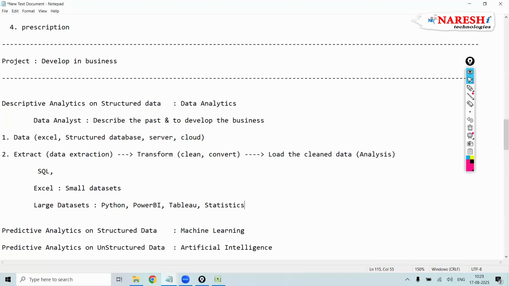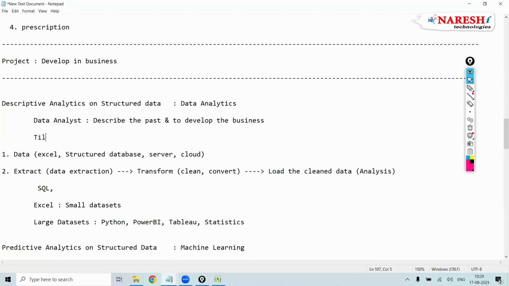So, anyone who wants to be a data analyst, what are the skills and what are the tools required? Let us first focus on the skills. The skills: you have to know data extraction. That is a skill. Data understanding: you should know what data is. Data cleaning,